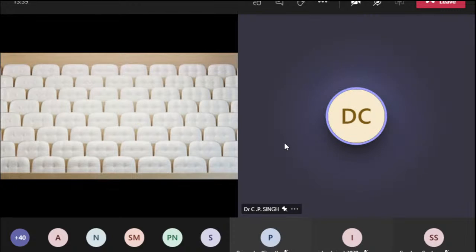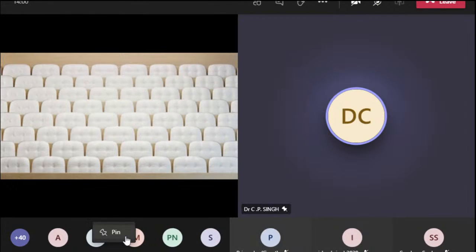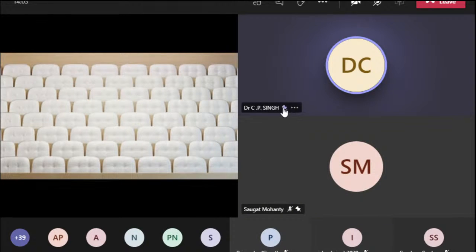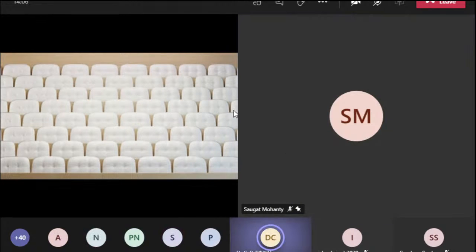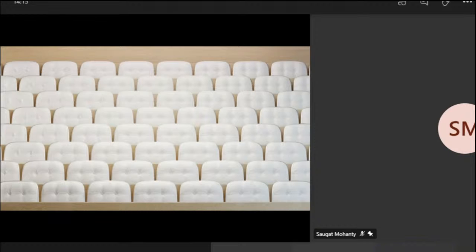So first of all, you tell me how much syllabus has been covered, and is there any difficulty in the covered syllabus? If there is no problem, then we go further. Otherwise, you may discuss with me. So, CR, just tell me how much syllabus has been covered. Yes, sir, I'm checking, just a minute. You don't remember? No, sir, I was talking to a student who was unable to join.